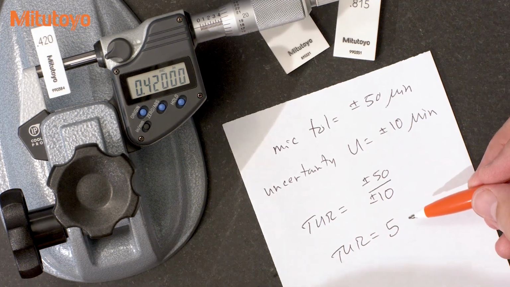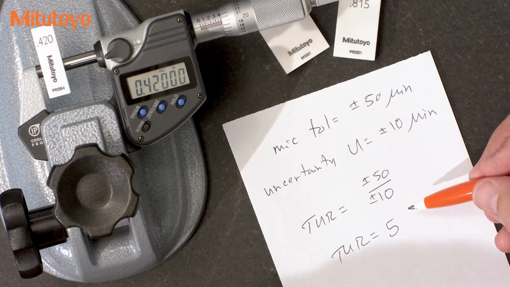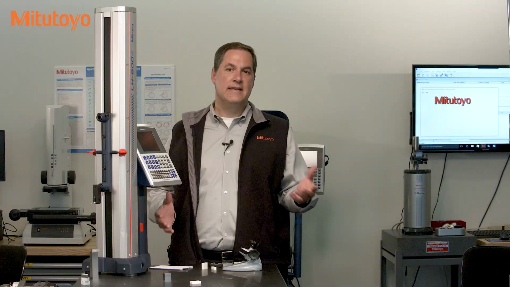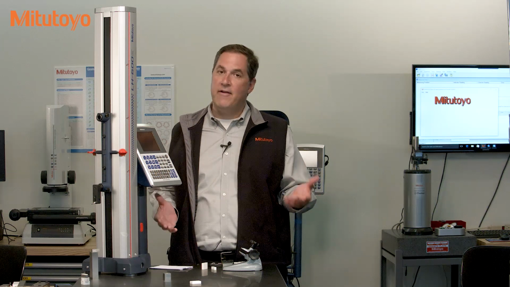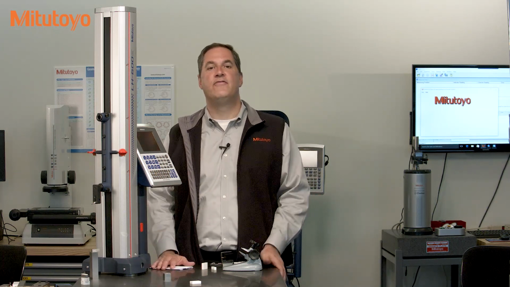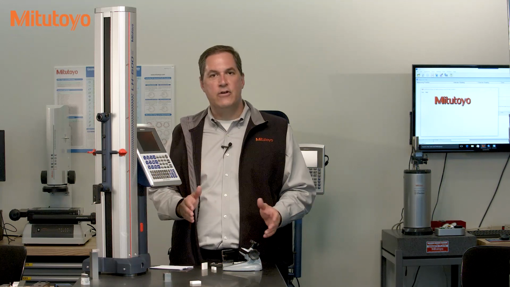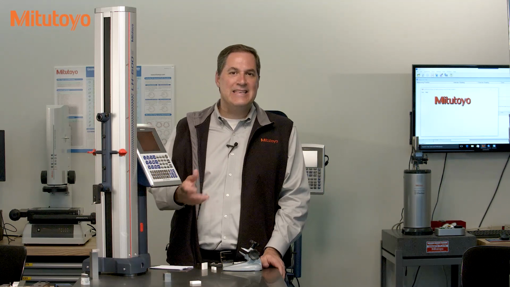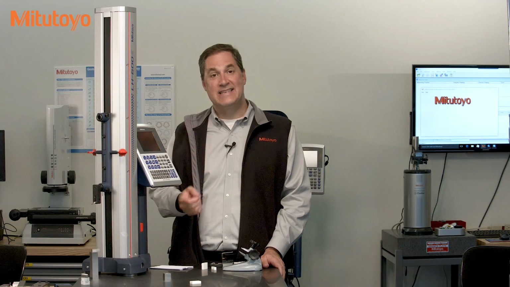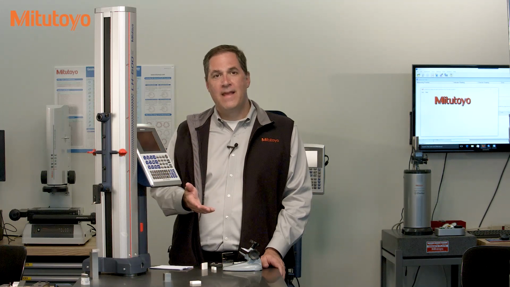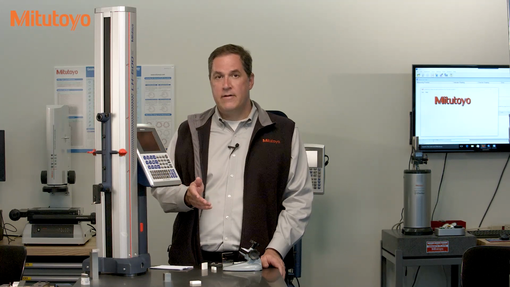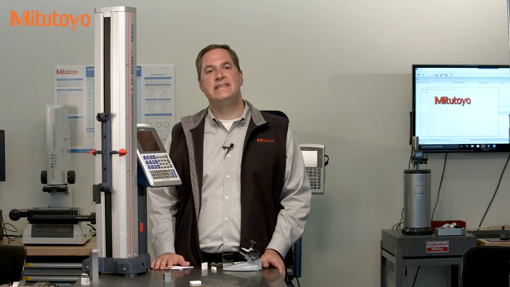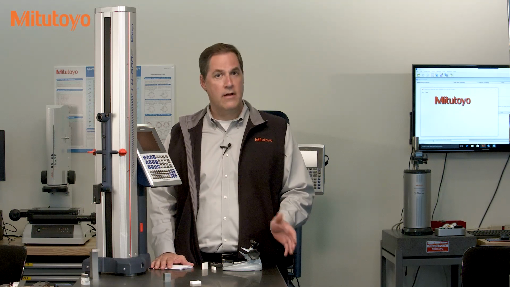Now, is a TUR of 5 good enough? What is an acceptable TUR? That, my friends, is a question that people have been fighting over for many years. Once again, I cannot tell you an answer because I cannot tell you what level of risk is acceptable for you. I can and will tell you, however, that the most common rule is a TAR or TUR of 4